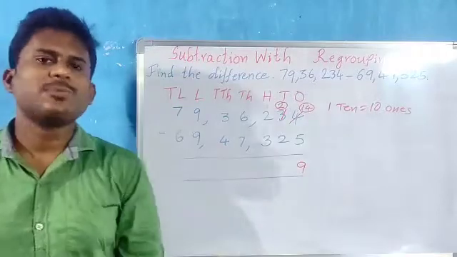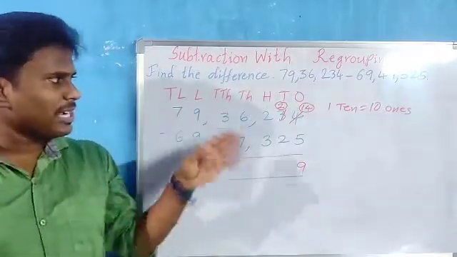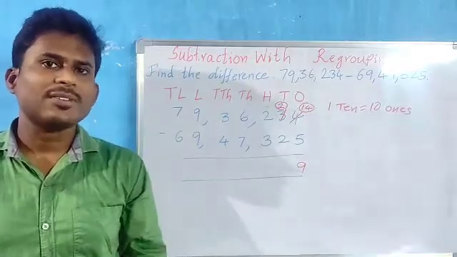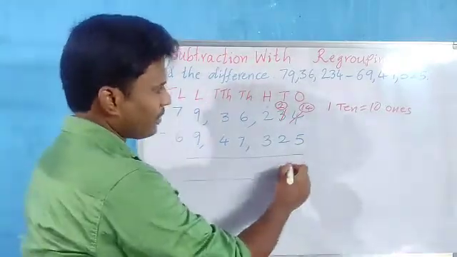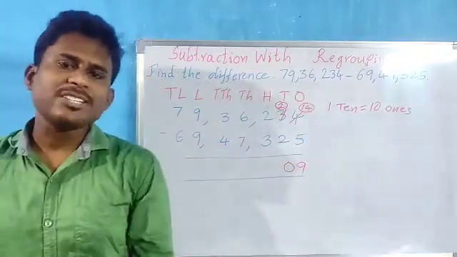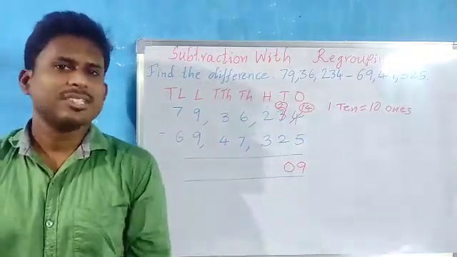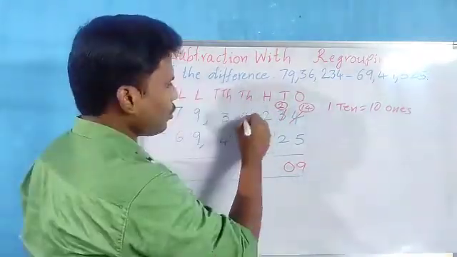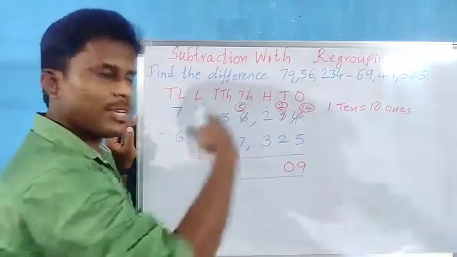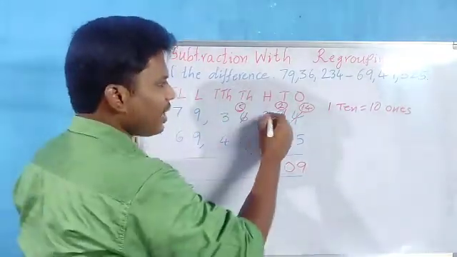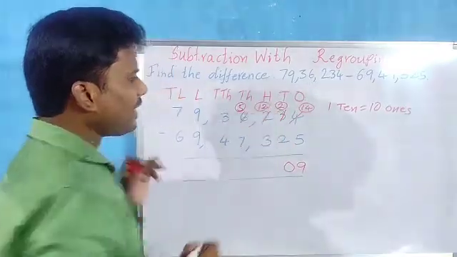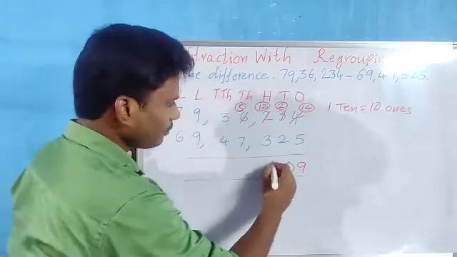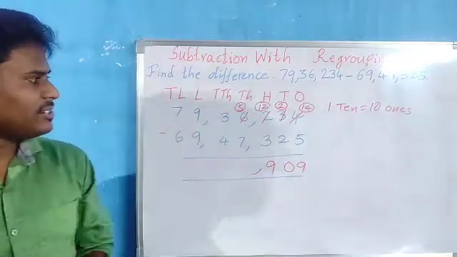Now 2 minus 2, is it possible, children? Yes, it is possible directly. 2 minus 2, as per our property 4, subtracting a number from itself gives the answer 0. And 2 minus 3 here. Is it possible, children? Here also the same case. It's not possible. Then we have to regroup from the next place. So I am regrouping 10 hundreds plus 2 hundreds. How many hundreds, children? 12 hundreds. 12 hundreds minus 3 hundreds. 12 minus 3, how much, children? 9. Now once a period is completed, we insert a comma.